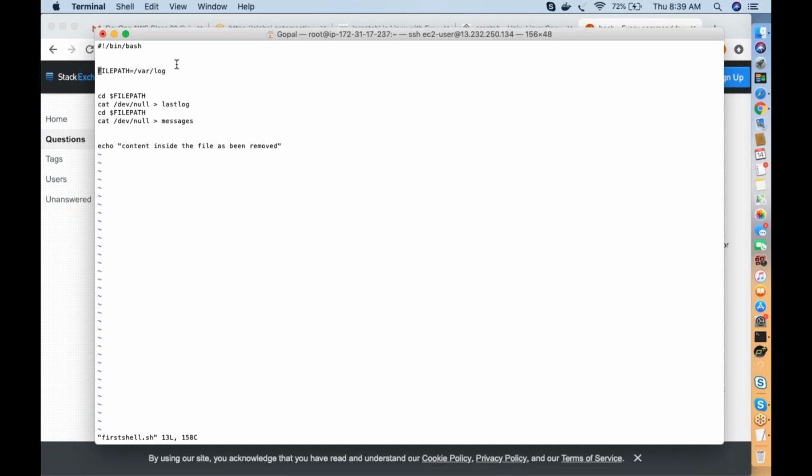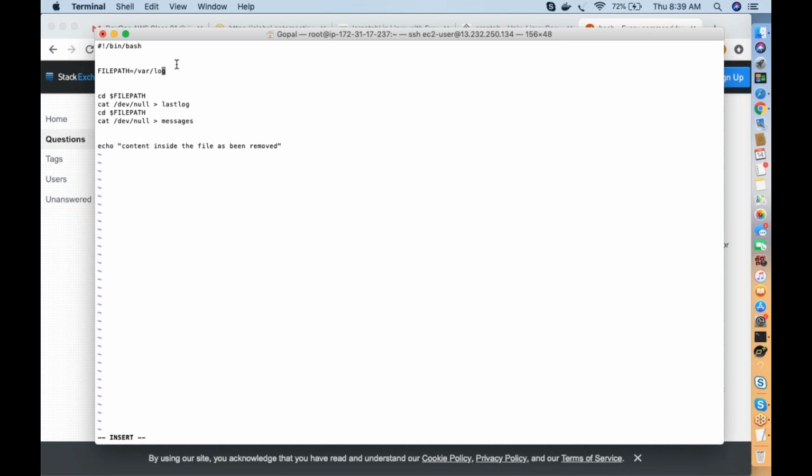Clear? That's how you pass the variable. So can I pass the variables during the runtime? See, this is a variable which I already defined in the shell script, but I want to pass it during the runtime, meaning while executing the script, I want to give it as an input to the script.